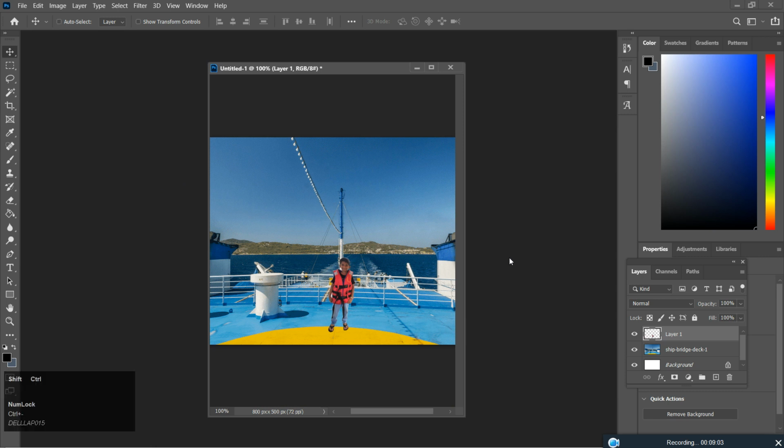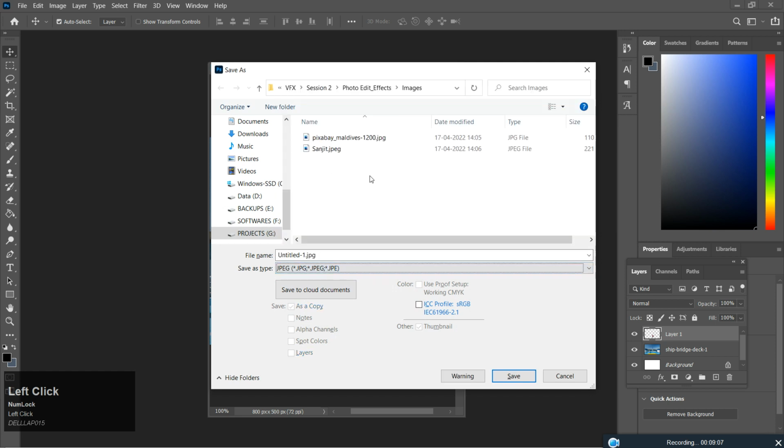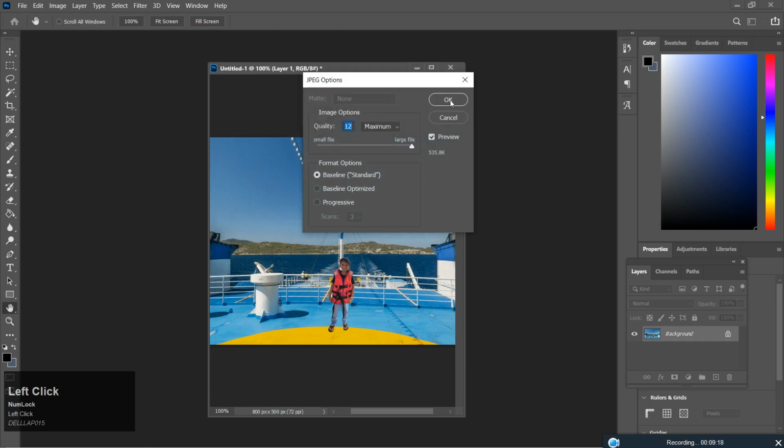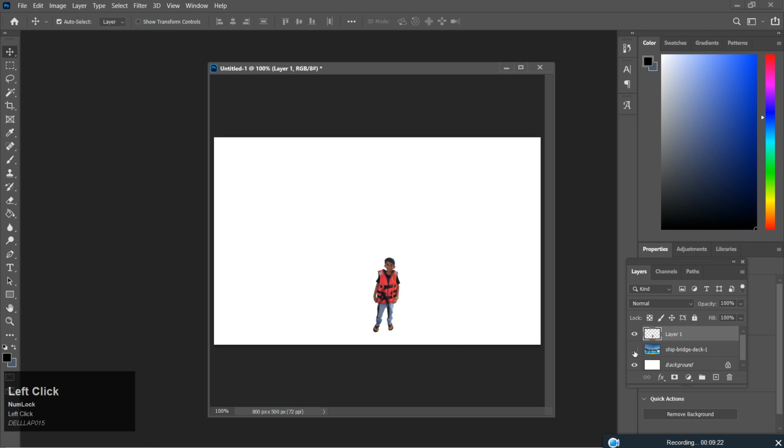I'll press Ctrl Shift S, save it as JPEG. Okay, and say this is pick one. Save, medium size. Okay, now here I'll hide the background